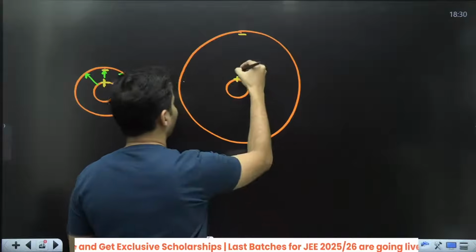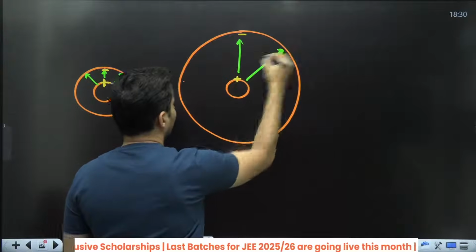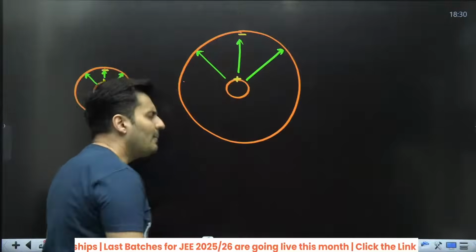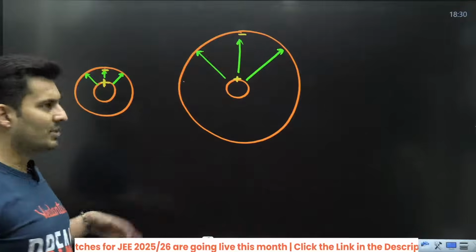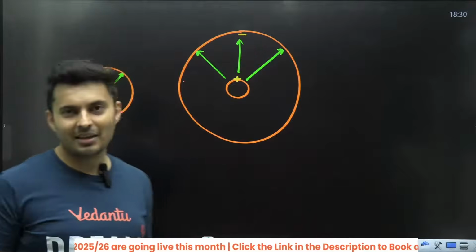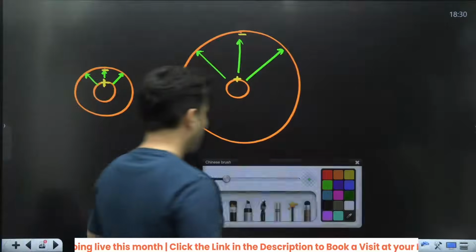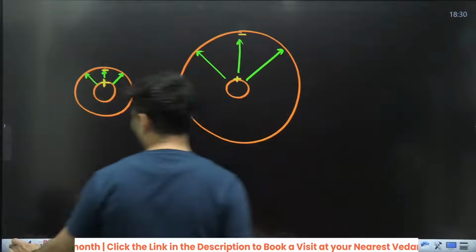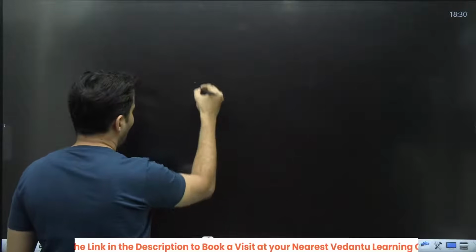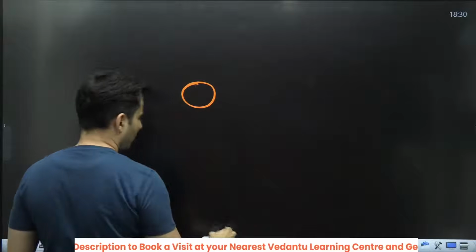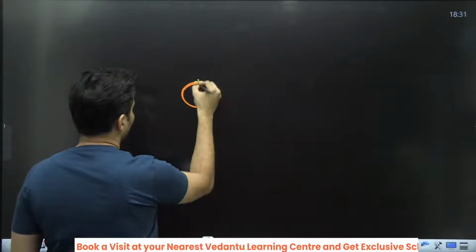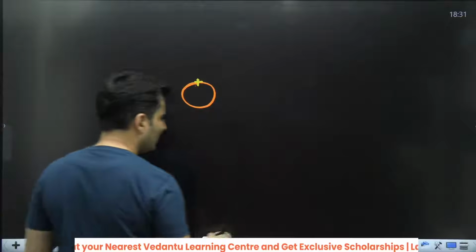You will again see, okay, fair enough. Electric fields will go from here to here. I make it even more huge, in fact, so huge that it does not exist only. Then what will happen? Think about it. Okay, just imagine you just have one sphere. Imagine positively charged. It could be negative also.